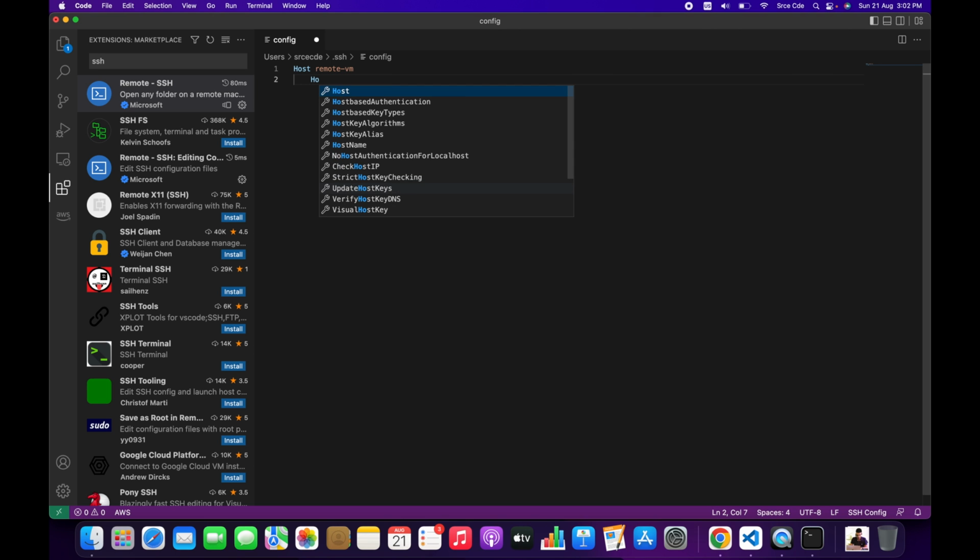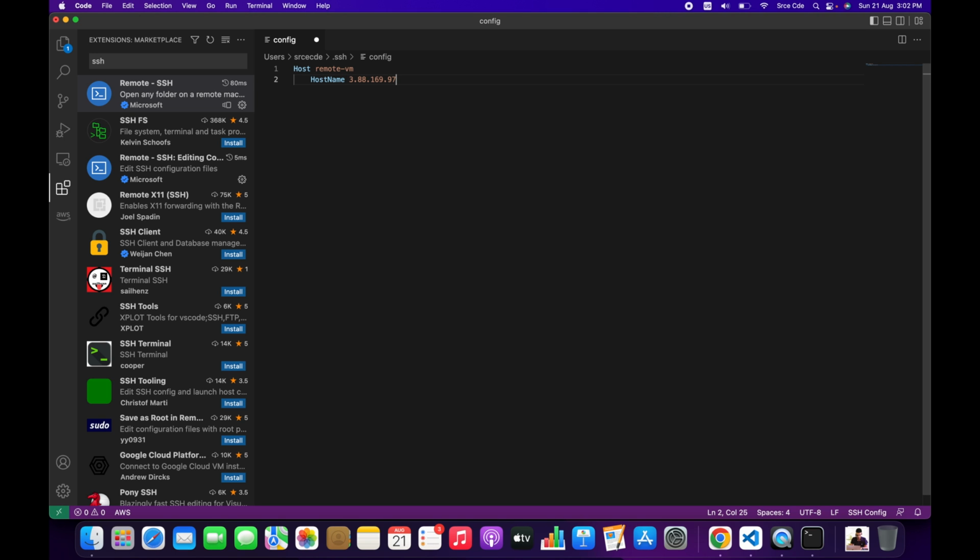So the first thing that you need to define is host name. So within host name, it's going to be your IPv4 public IP address of your EC2 instance. So in my case, it's this one, followed by the user with which we want to log in. Now since we have launched the Ubuntu operating system as a part of that VM, the default username would be Ubuntu,